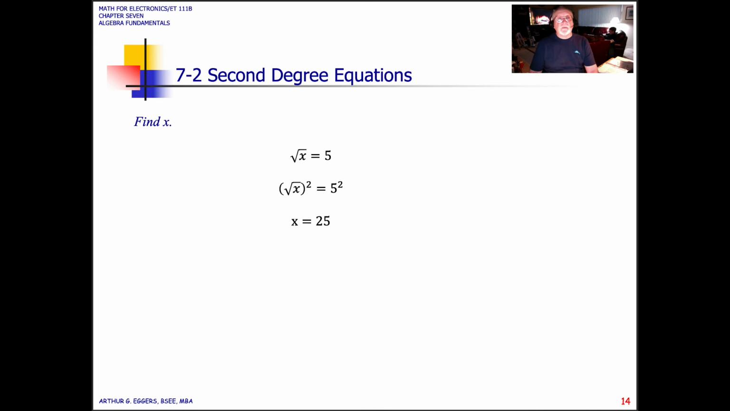So let's look at an example. Find x. Another fairly simple example here. But this one is instead of taking the square root of both sides, we're going to square both sides. So the square root of x equals 5